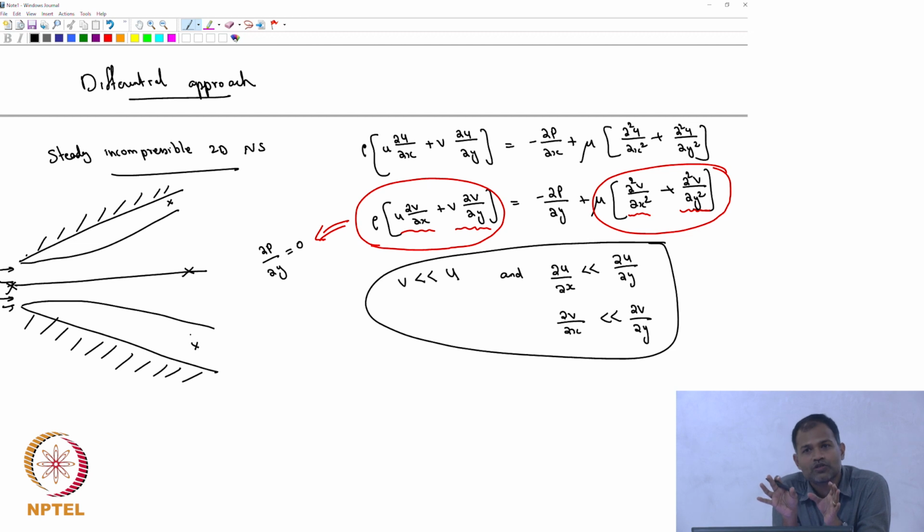Now I know that v is not 0, so none of the terms are actually 0, but they are all small. So in other words, the flow is going to be very similar to what you will have in your pipe flow. The v component is very small, so you will end up with a similar situation where the variation of p with y is going to be small. So the situation is similar. You can see the analogy already: it is because v is very small that you are ending up with such a conclusion.